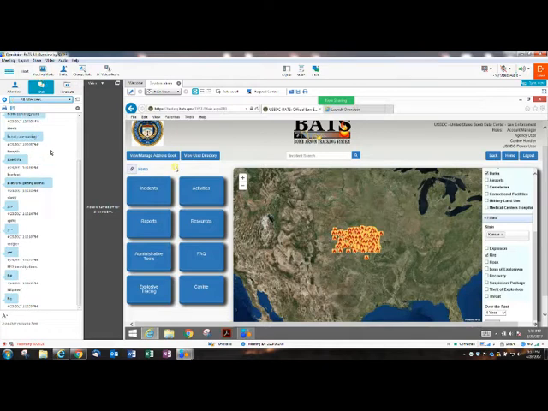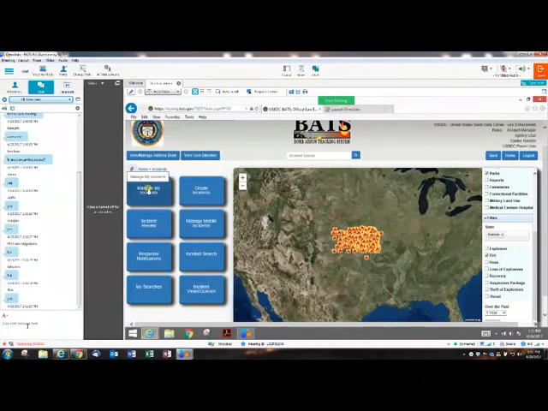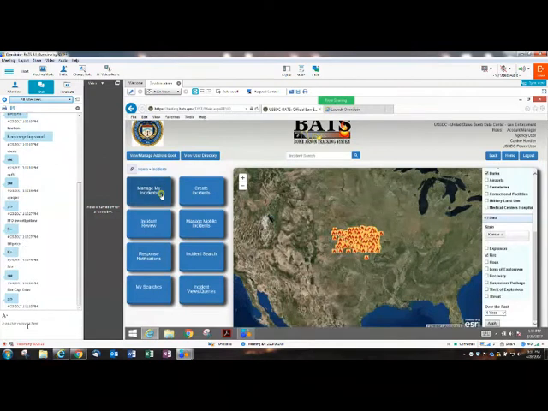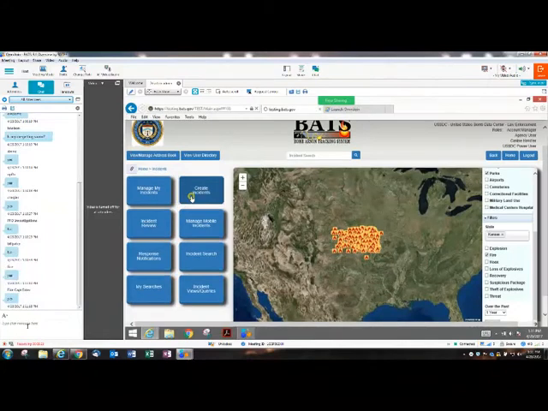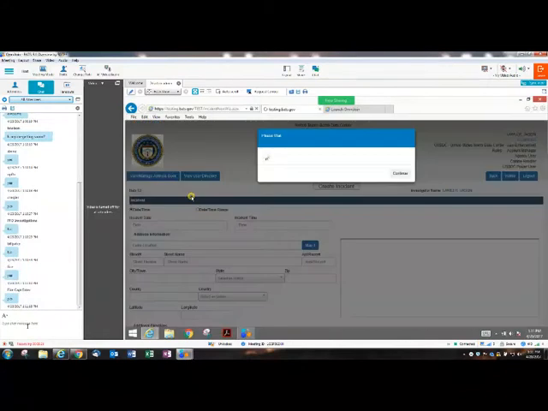So most of what everyone does is enter their incidents in BATS. So let me go back one. Everything in incidents is going to be under the incidents button. So I click on incidents, and my options are manage my incidents that I've already created, create a new incident, and then there's incident review. And I may have some features here that you guys don't have, but most of you will have all these. So we'll hit create incident,